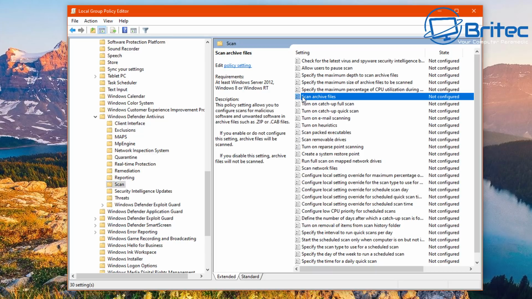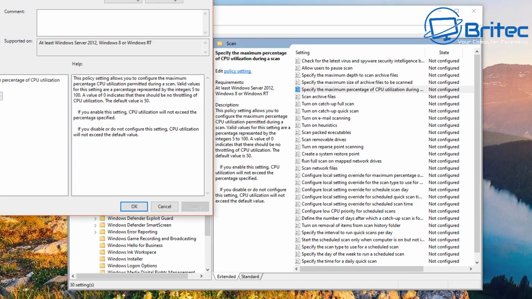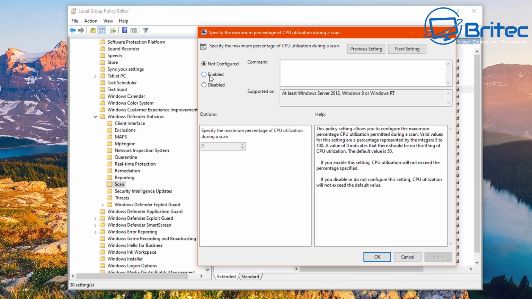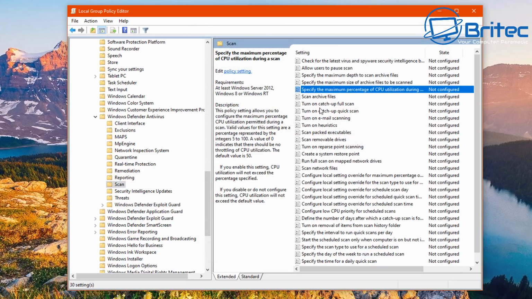So you can see scan archive files. Set the maximum percentage of CPU utilization during a scan. So for instance, if you find it's hogging your system, you can set something here to bring it down a little bit. If you need those resources and you don't want it doing any of that stuff, you can set it here. It's much more important to do it there. Now also